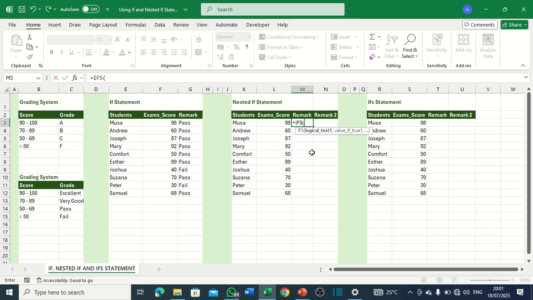So let's click on the IF statement. Our logical test here is, let's check, using this grading system here at the top left, if this guy here is greater than or equal to 90, what should Excel give us? Excel should give us A. Excel should return, let's say, A, then comma, then the next logical test is